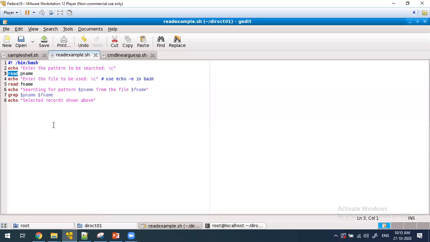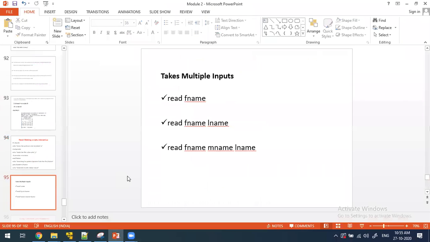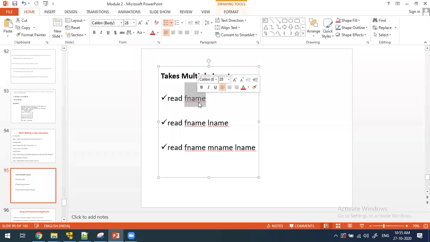The advantage with this is that you make it interactive, and also it is not always a single variable name; you can give multiple variable names.